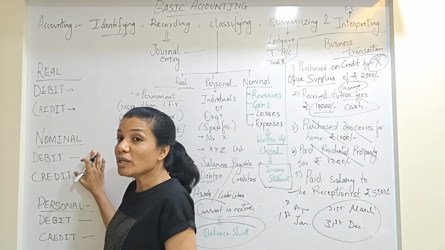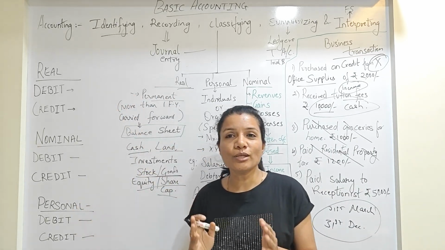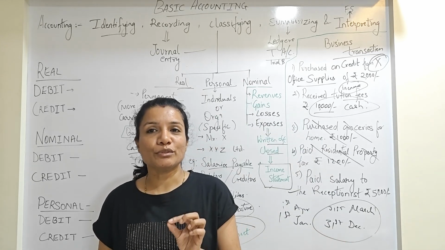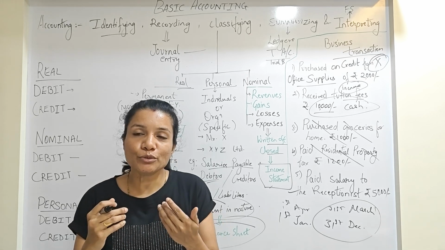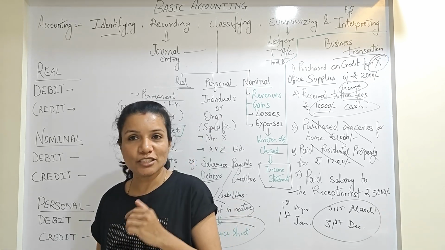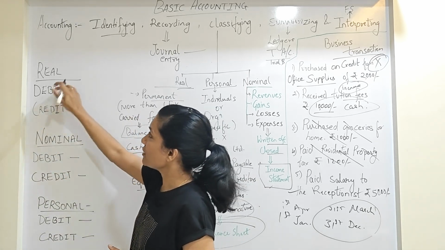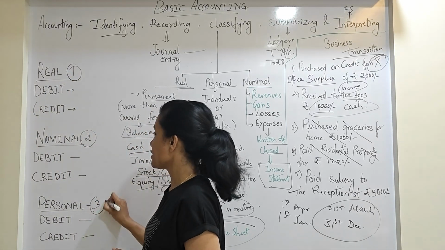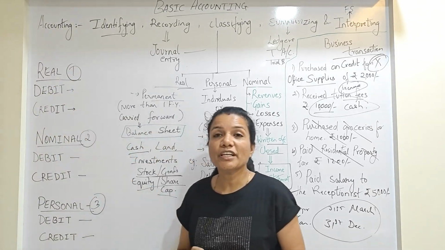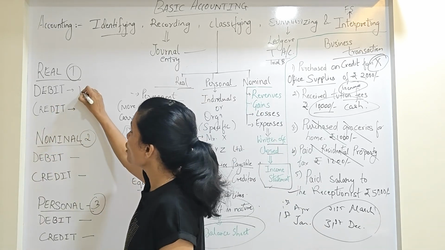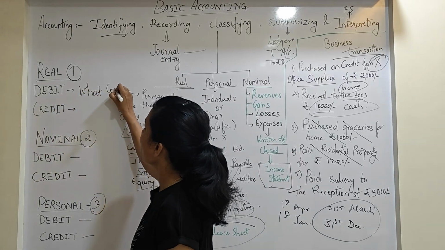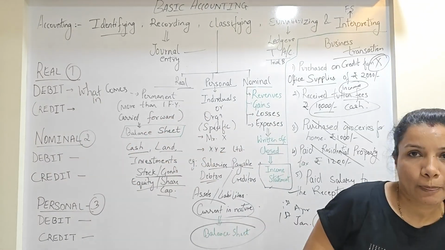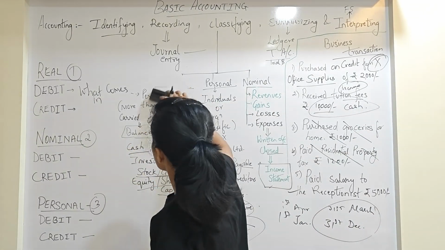Now, these are the three golden rules of accounts. They are called golden rules of accounts. Why? The first step to recording the entries is passing a journal entry. To pass journal entries, you must know these three golden rules. The first golden rule, for real accounts, says: debit what comes in. Debit what comes in. So, for example,